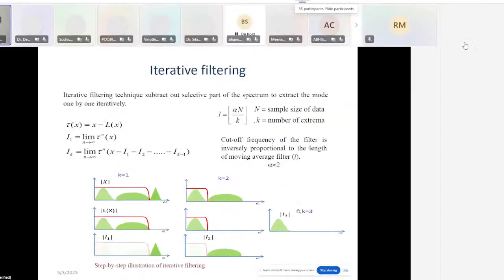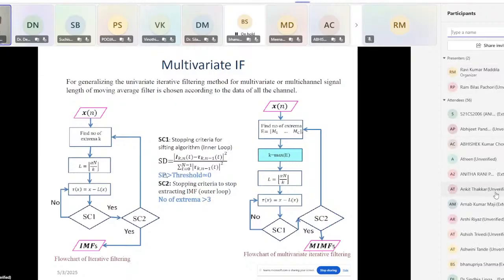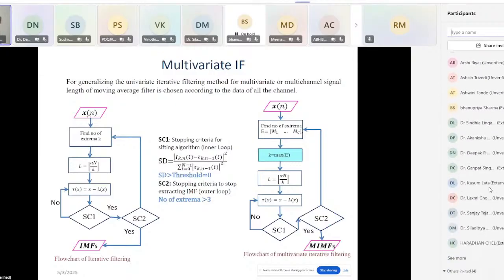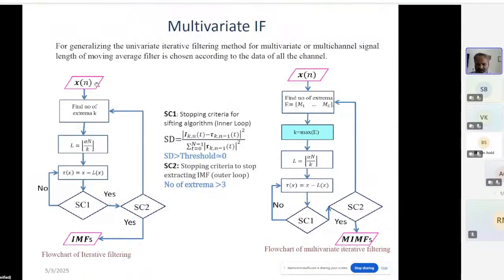Now if you apply this iterative filtering to each channel in the case of multi-channel data, then each channel will have a different number of maxima, different filter length, and different cutoff frequency. As a result, each channel will have a different number of IMFs. So it is problematic, as there is no more alignment property. So what has been suggested is that you take multi-channel data, determine the extrema for each channel and take the maximum value of that, and according to that you design the filter length, and from the filter length design the filter,